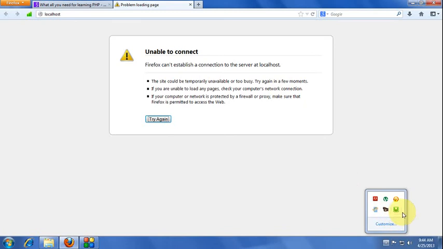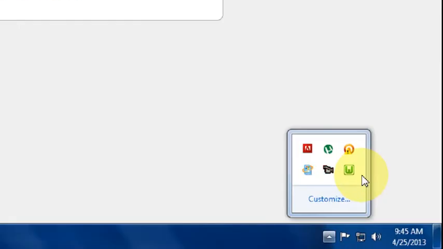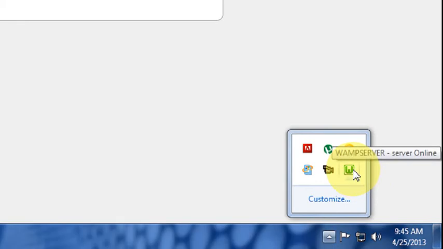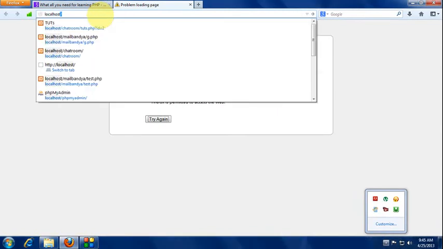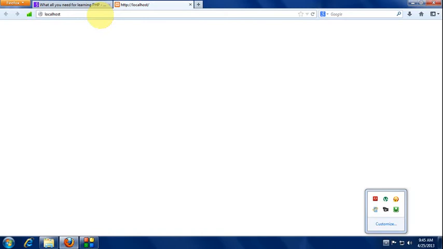Sorry guys, I'm back again. There was some error in WAMP, so it has been corrected. So when the WAMP server starts, it turns green. WAMP server, it is online. This means that the localhost will be running. Now how to open the localhost? Go into the browser and type localhost. There will be a blank page. If the localhost is not running, it will show a 404 page error. So it's not showing anything, that means it is running.